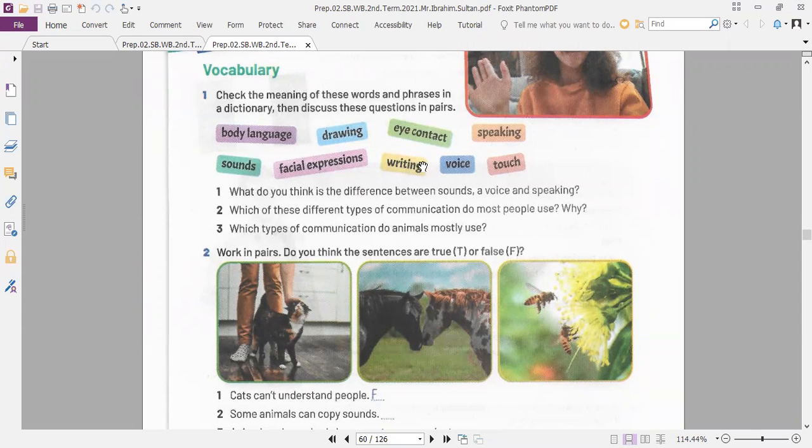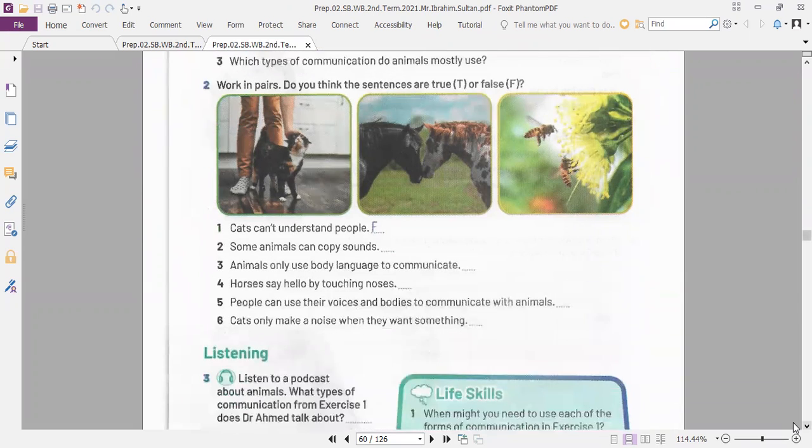You know what I mean by writing. What do I mean by voice? The voice is the sound that people are making when they are speaking or singing. This is the sound from the people. We must say that voice is the sound from people. Okay? Yes. And now you will listen to me.